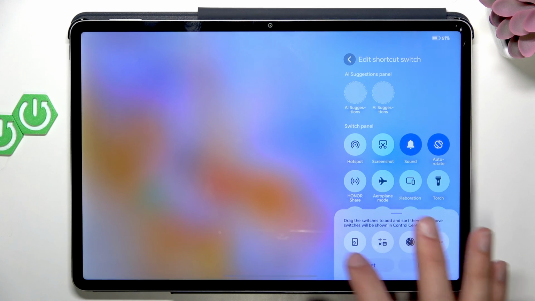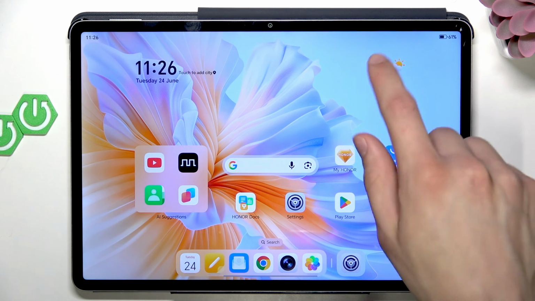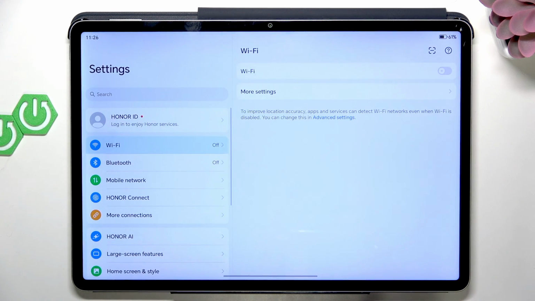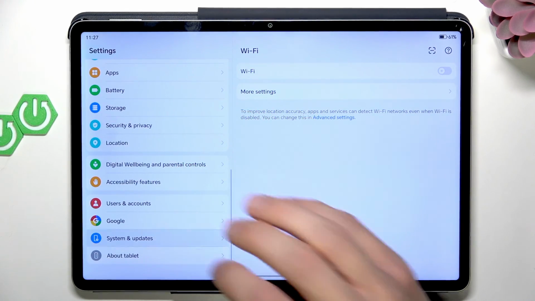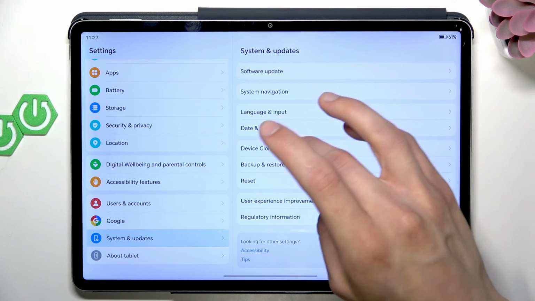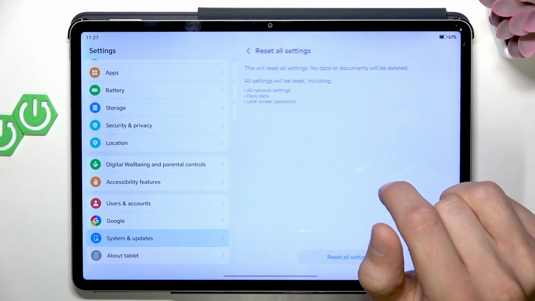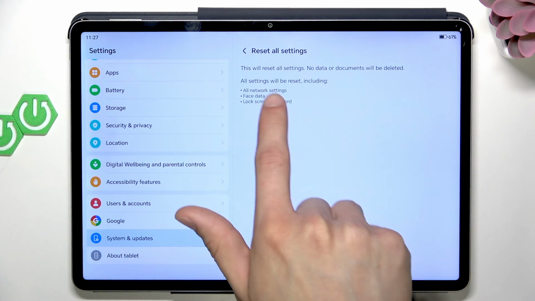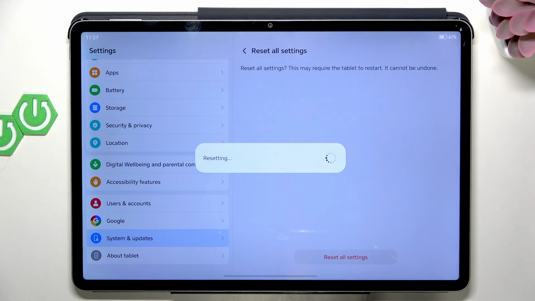And in case enabling auto rotation doesn't help, you can as well go to settings, select system and updates, then select reset option, and then select reset all settings. This will also reset your network settings, face data and lock screen password. Select reset all settings, confirm,